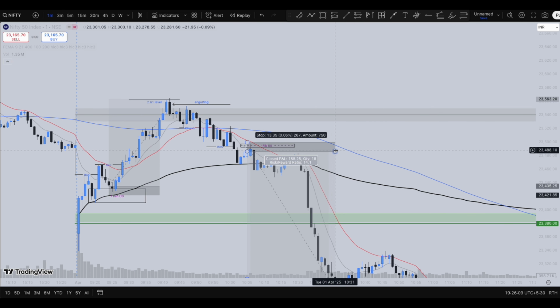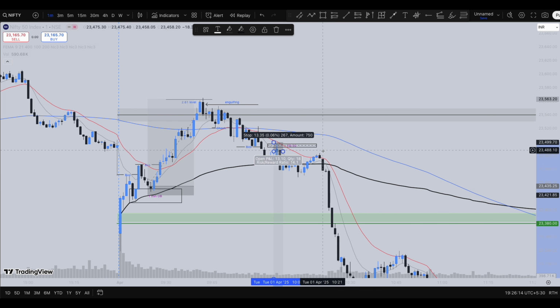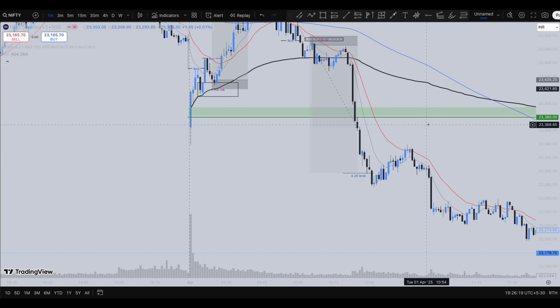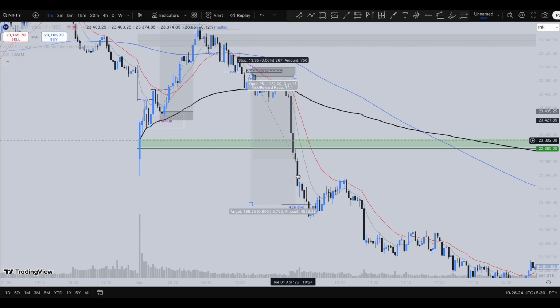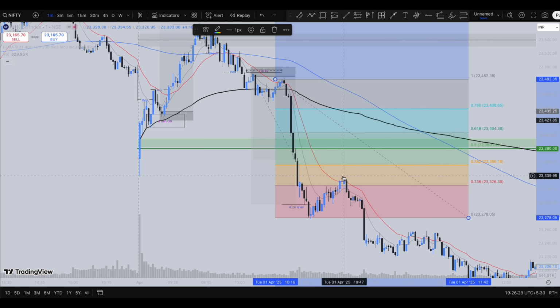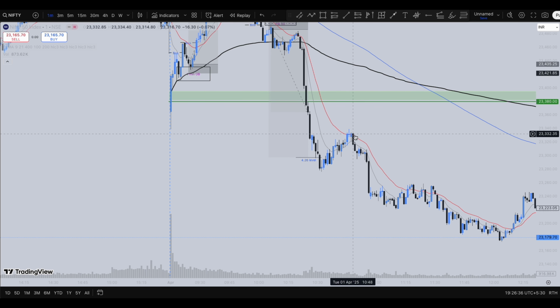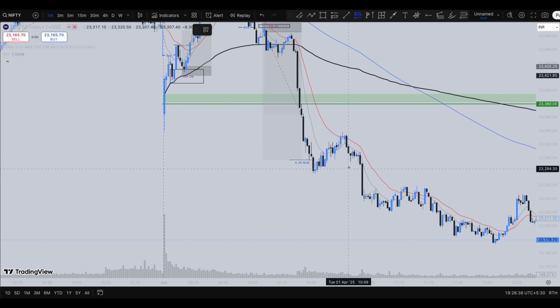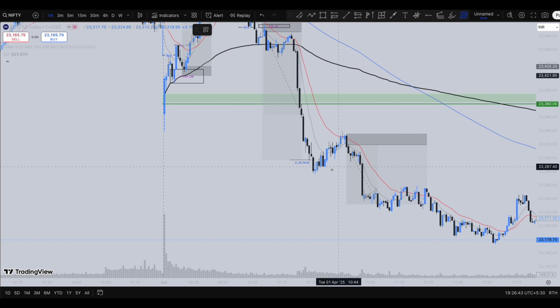Here you can see some kind of manipulation which took place, seeing some sort of demand over here, but here the market rejected price from these levels and continued further selling towards the downside. And you can see clearly, if you consider this swing momentum, the market didn't even retrace to the 0.38 level, clearly signifying bearishness. And after seeing this kind of huge bearish candle at around the 21 moving average, you could have easily entered a short position, keeping your stop loss just above that candle. And you could have traded this retracement level, guys.